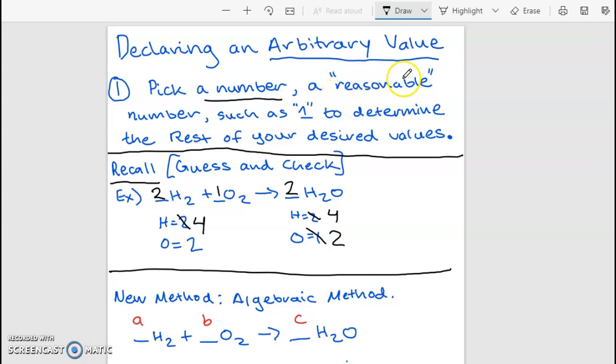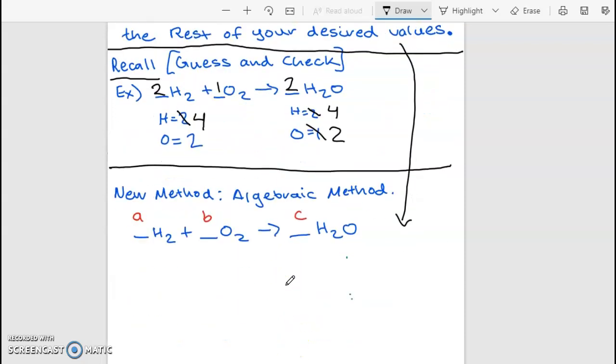A reasonable number, what does that mean? Choose a number that's fairly small and not too big. So don't pick like 1,200, right? Pick a reasonable number, such as 1, to determine the rest of your desired values. So I'll explain what that means. So let's grab this idea and keep this in our head as we continue to the next